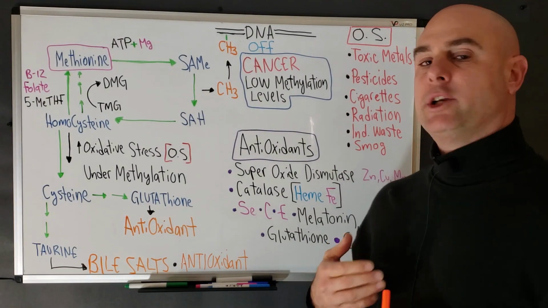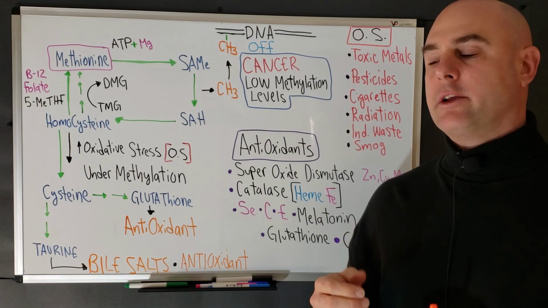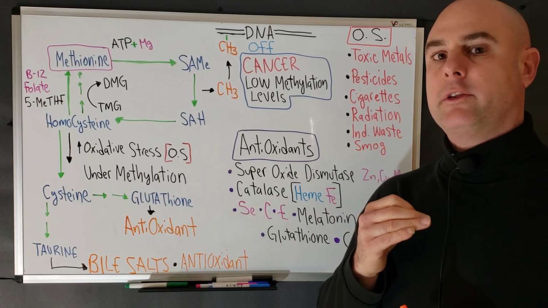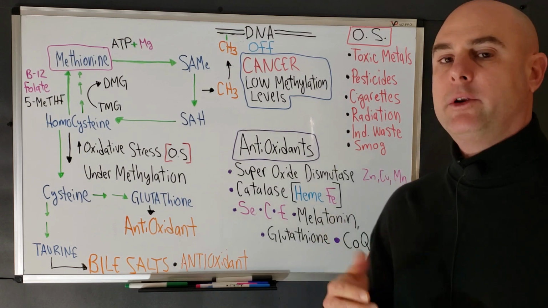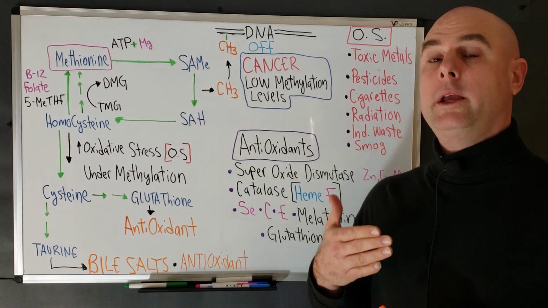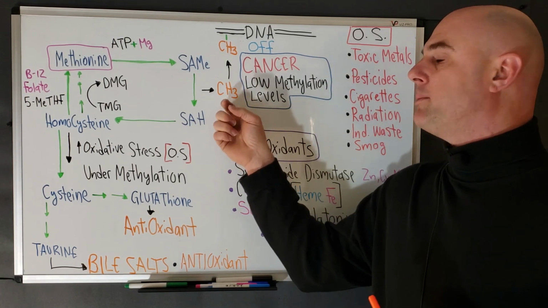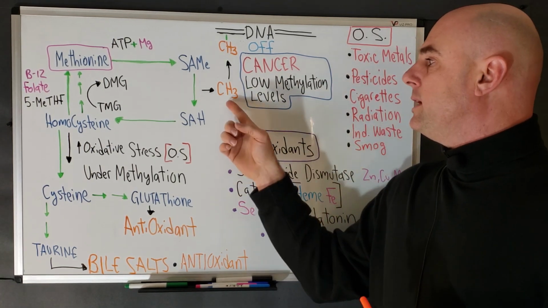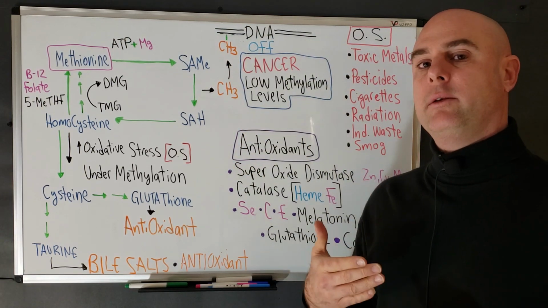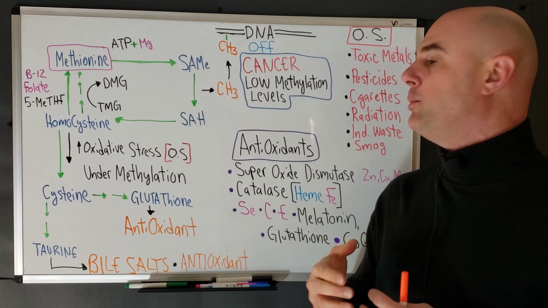Okay, so this is epigenetics part 2. Again, epigenetics is the study of how we turn our genes on and off. Not necessarily the genetic code itself, but how we turn genes on and off. So one of the major ways that we turn our genes off is through a process called methylation. Now, this is adding a methyl group to DNA, and when we add methyl groups to DNA, we shut the